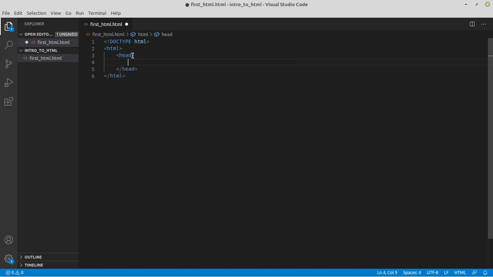So the head tag includes the meta information, which is the information about your document, which is your HTML document. It can include the title of your document, and a description of your document, which is sometimes important for search engine optimization. Don't worry if you don't know what that is. It's kind of getting your website up on the first page or second page of Google rather than the 10th page. That's called search engine optimization. So inside the head we'll learn about the tag known as title.